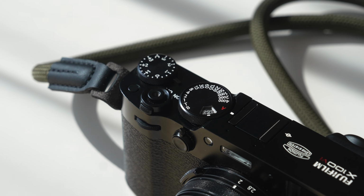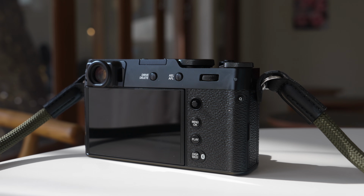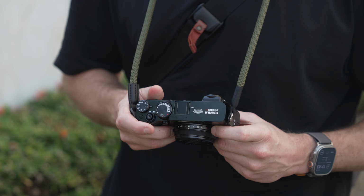And I think the reason for that is because it's a really simple body. It doesn't have all that many buttons or dials, and because of that, you have to go through menu systems to get a lot of stuff done, as opposed to my Sony, where I have a lot of different buttons I can use to switch things up. I can easily switch between manual exposure, shutter priority, aperture priority, whatever, but on this camera, I have to go